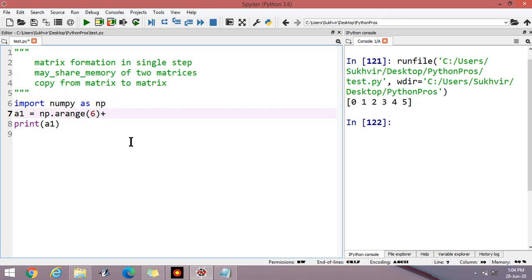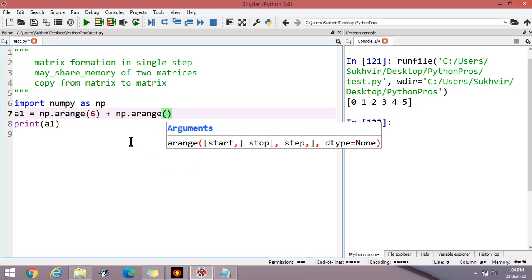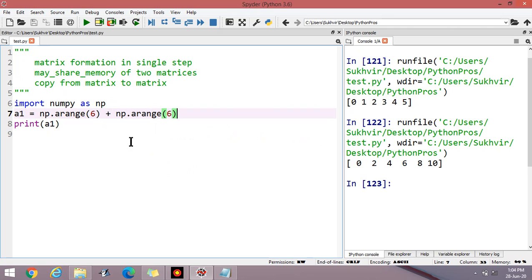So I write here plus np, basically it's concatenation, .arange again 6, giving 0 to 4, 6, 8, 10.